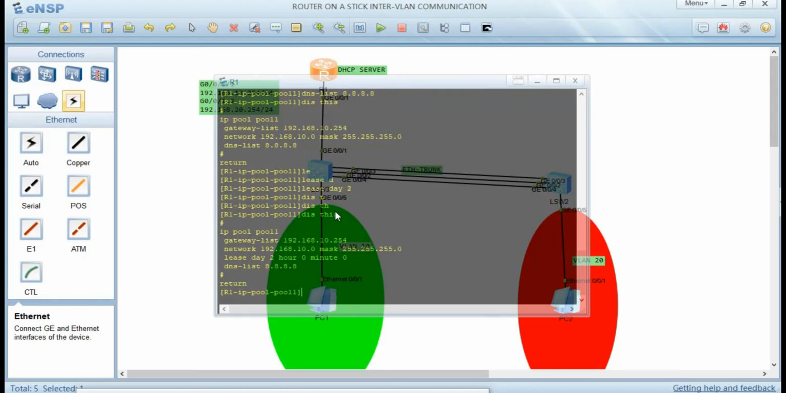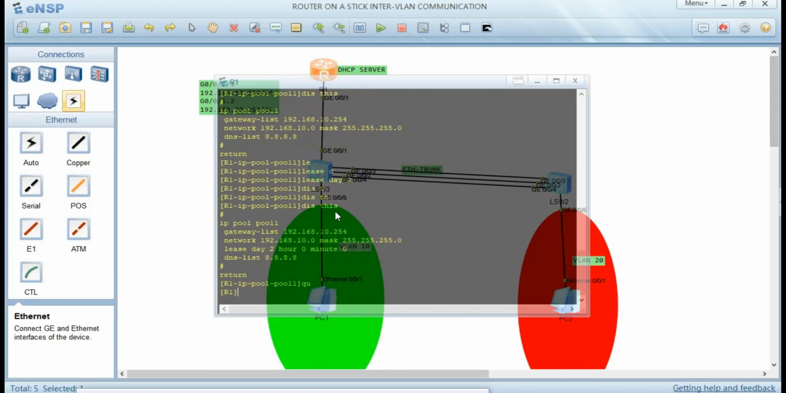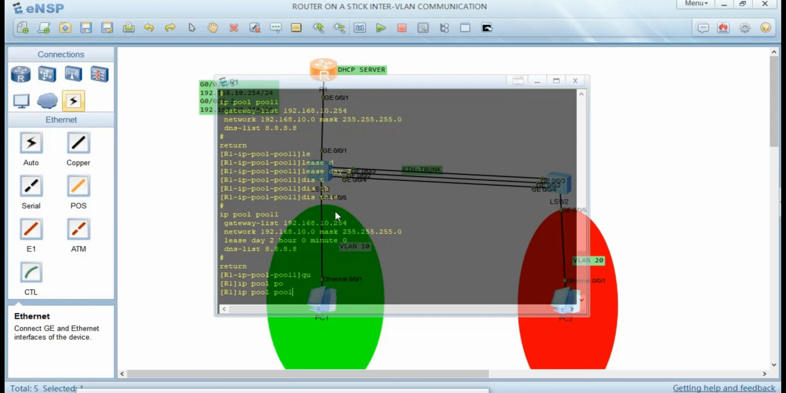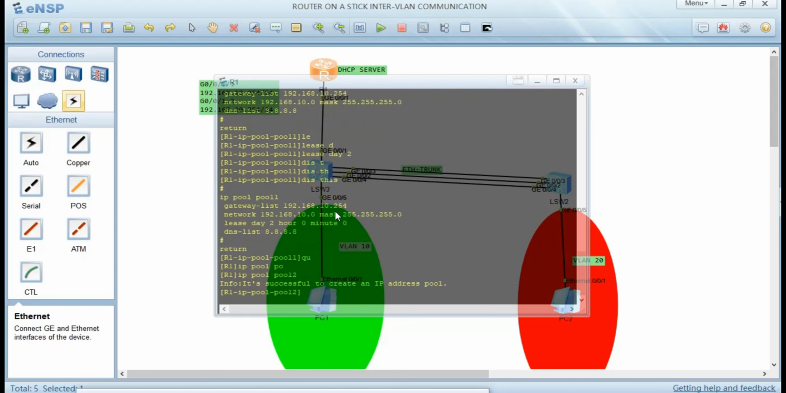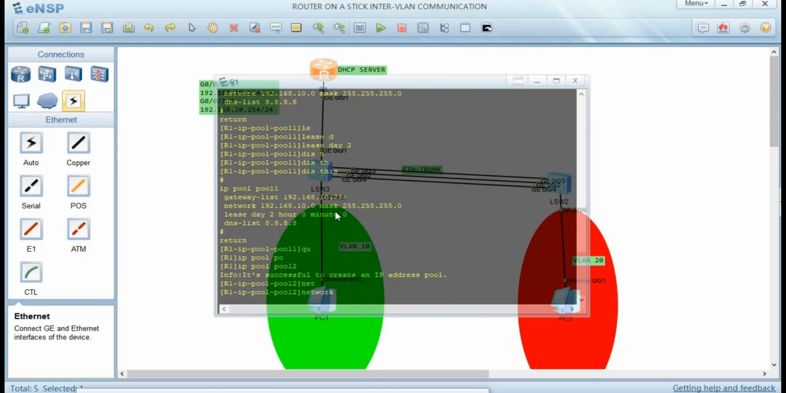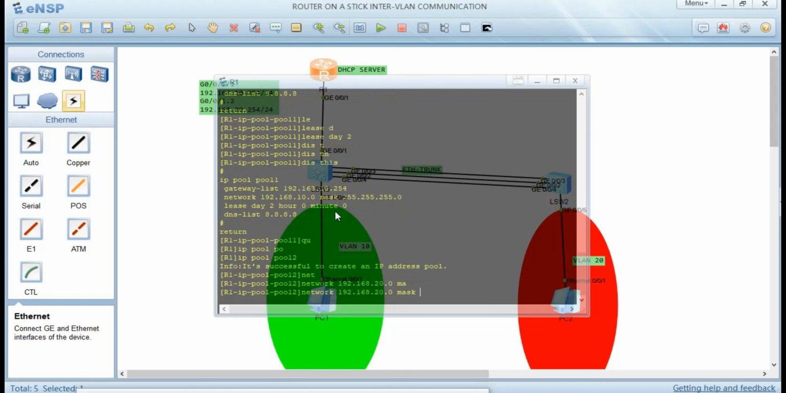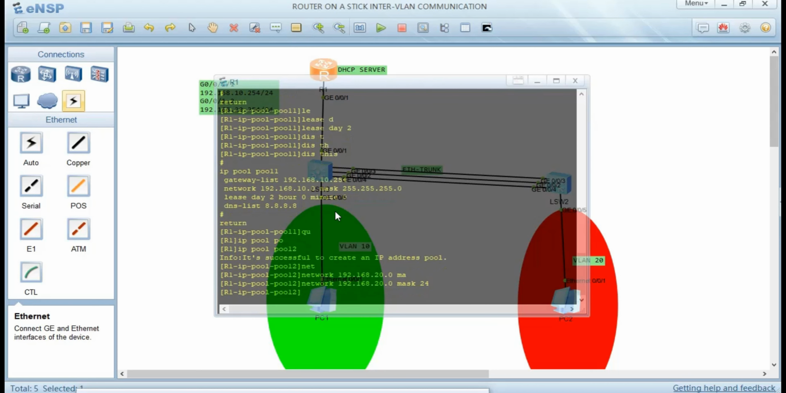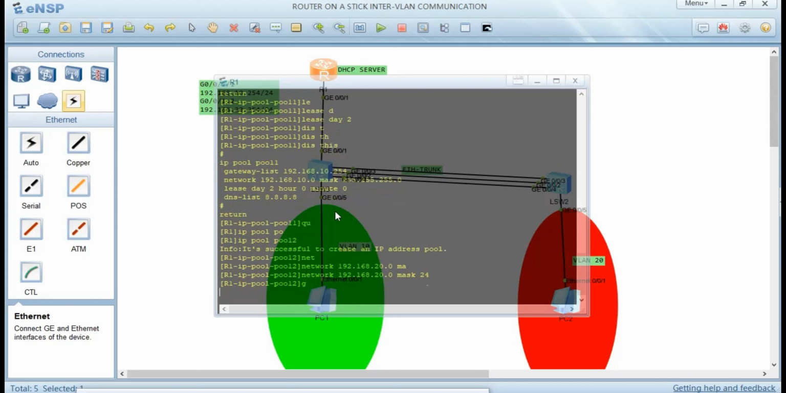So yeah, okay. After that, I configure the second pool. So quit and configure the second pool. Pool 2, and in that pool configure the network of 192.168.20.0, mask of 24. Then the gateway will be